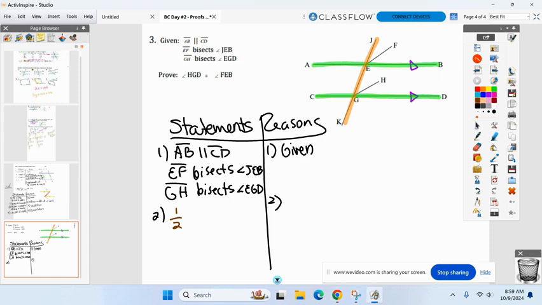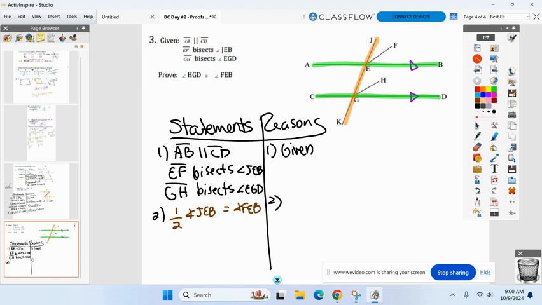What are we taking half of? Okay, so everybody, half of JEB. Everyone look at your diagram. I'm going to take half that angle, but I only want to call it one of those two, though. It's cutting in half. Do I want to call this JEF or FEB? Which one do I want in the proof, Zoe? FEB? Well, everyone's like, well, how does she know that? It's in the darn proof statement. That's how I know to call it